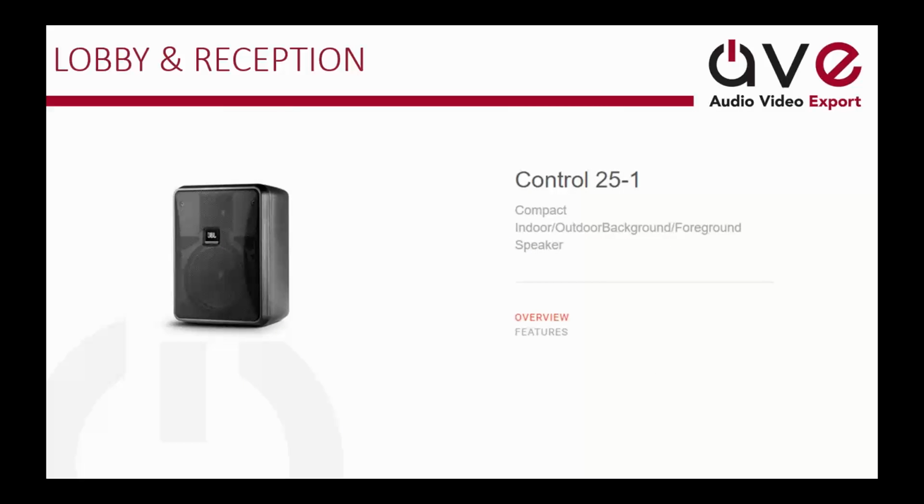Okay. For background music, we selected in this particular case the Control 25. In that gazebo area that we were looking at, they couldn't put anything in the ceiling because it was open air, right? And so they needed an all-weather type speaker, and they didn't want anything too large like the 8-inch. There's a Control 28, which is the same exact thing except it's an 8-inch woofer versus a 5 1/4-inch woofer. So the Control 25 is what we ended up selecting for this particular application because we